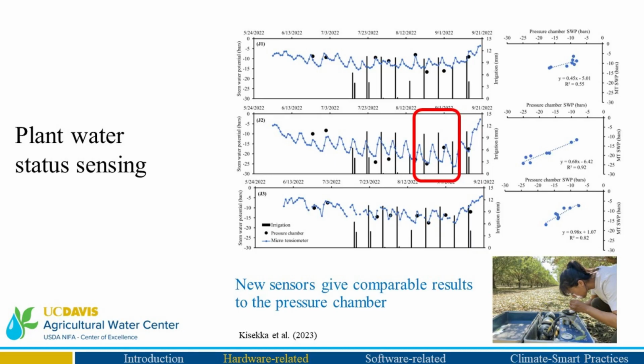If you look at that red box that I put up there, when the graph is going down, it tells you that the plant is thirsty. It needs water. So the black bar is you put water on, and then the blue curve goes up again. It tells you the plant is happy, and then the cycle goes on. So you get a feedback on how tools like this is what allows you to deal with limited amount of water.